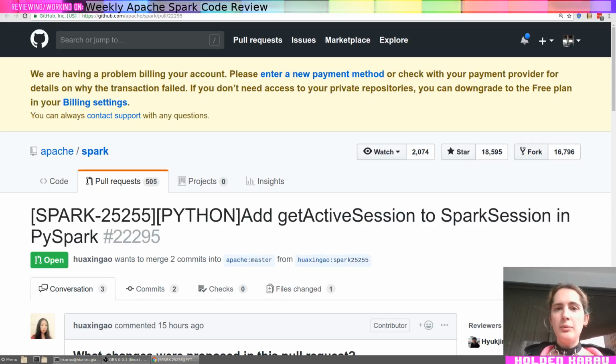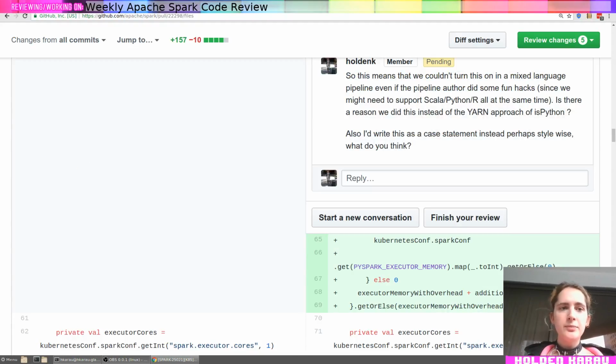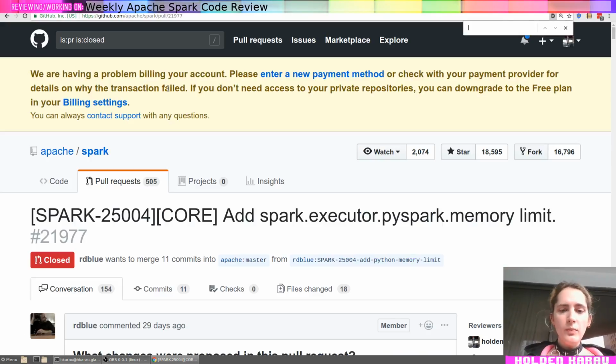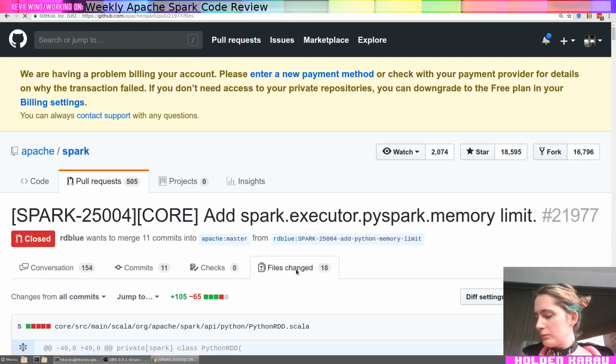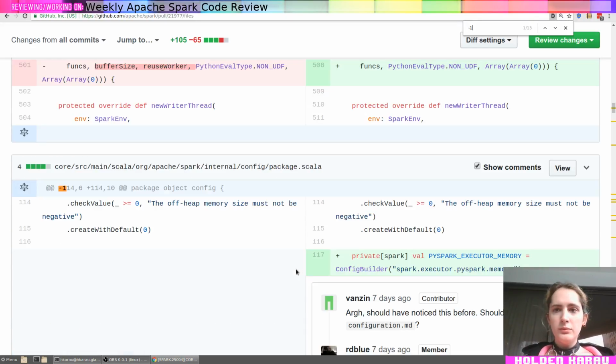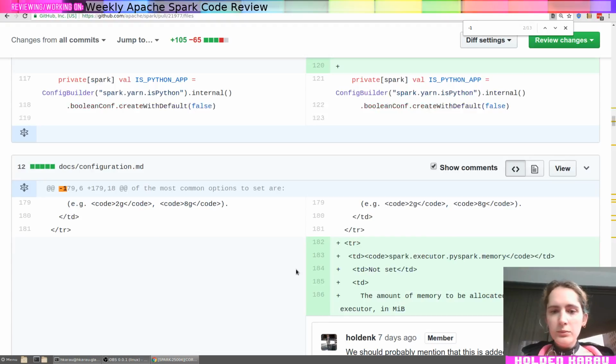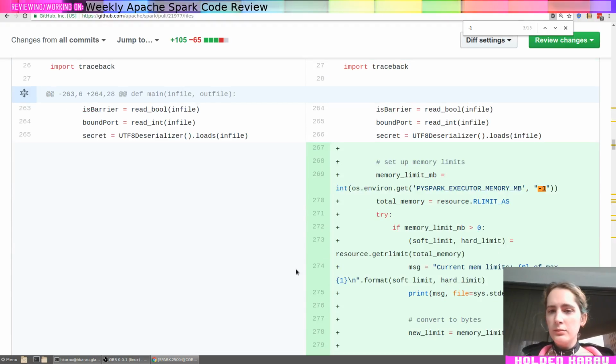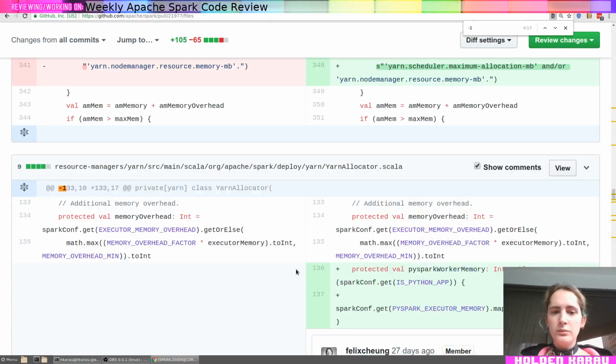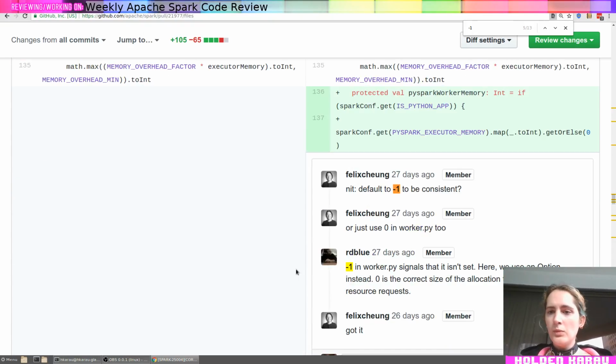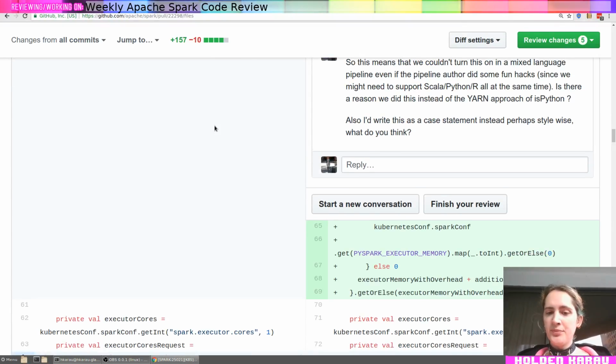I'm going to go ahead and pull these two next to each other. Cool. So this is the answer. 0 is the right number to use here. That's great. Okay.